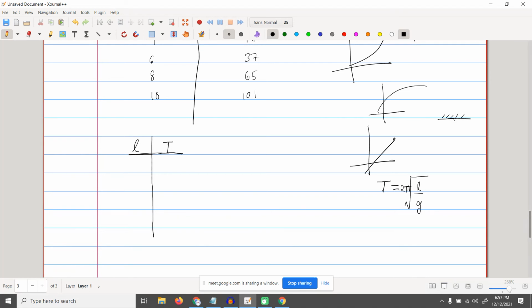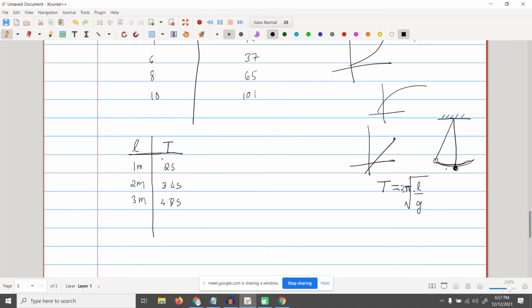The formula of time period is 2 pi under root L over g. For those who are not understanding, here's the thing. If you have a pendulum, you take it to the side and make it swing, it is going to take some time to go from left to right and then right to left. That's the time period. If the pendulum is 1 meter, the time period will be 2 seconds. If the pendulum is 2 meters, it will have some other time, maybe 3.4 seconds. A 3 meter pendulum will have some 4.7 seconds.